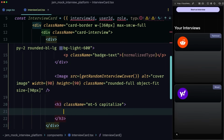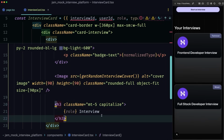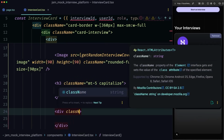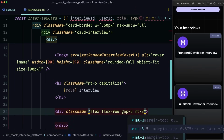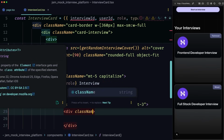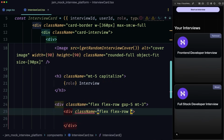Within it, we can say something like role and then interview, which in this case will render front-end developer and full-stack developer interview. Below this H3, we can render a div that'll have a class name of flex, flex-row, a gap of 5, and a margin top of 3. And within it, we can render another div that'll have a class name equal to flex, flex-row, a gap of